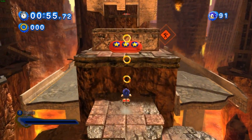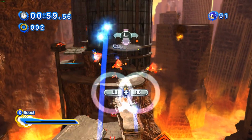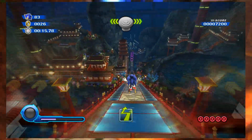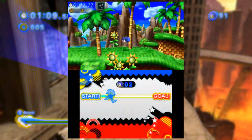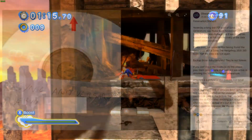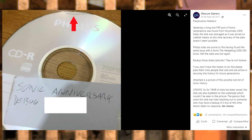In an effort to not exclude Nintendo fans from Sonic's anniversary, Sega wanted to make a game exclusive for the Wii and the DS, which became Sonic Colors. Before Generations was released, Nintendo announced the 3DS, which changed the plans, and the Nintendo console got a version of Sonic Generations. But going back to the PSP port, on the 25th of May of 2017, the game preservation group